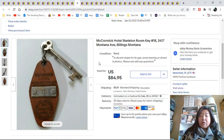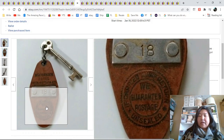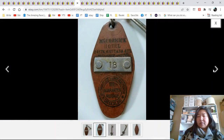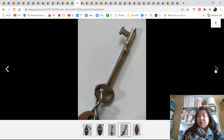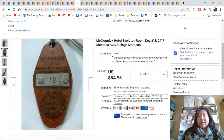But this is a hotel key, an old skeleton hotel key, in the McCormick Hotel on Montana Avenue, which is downtown. And let's see, I'll just page through the pictures here with you. It's a really fun find because I had purchased a jar of these keys, and this one I knew of right away because it is a business now. There is a Computers Unlimited guy who started that, has tried to make the downtown safer over the last few decades. And one of the things he did was he bought up a lot of the buildings along Montana Avenue, and